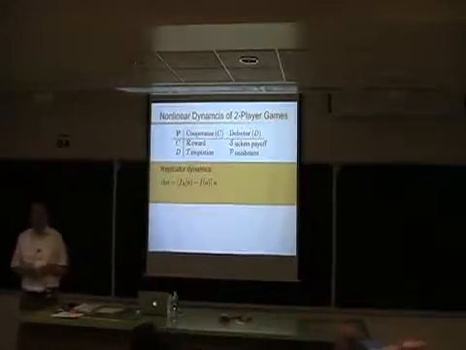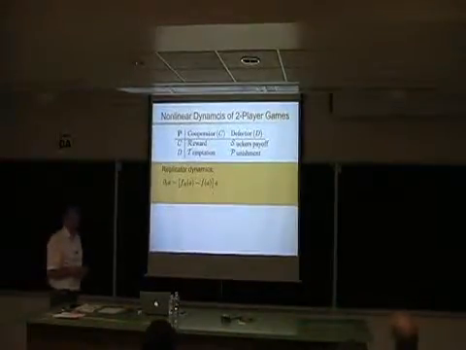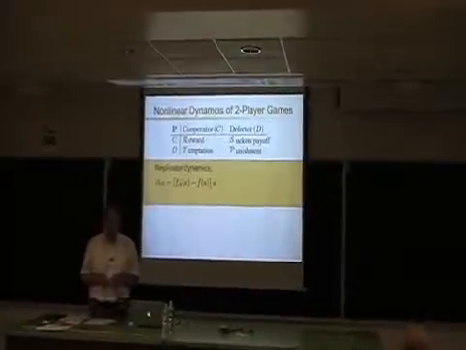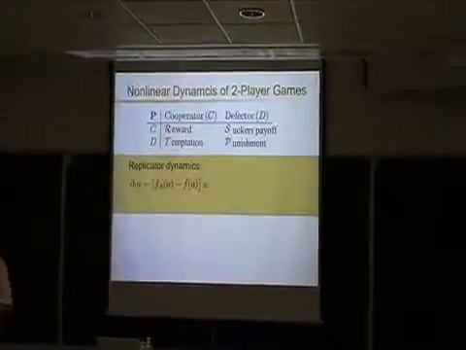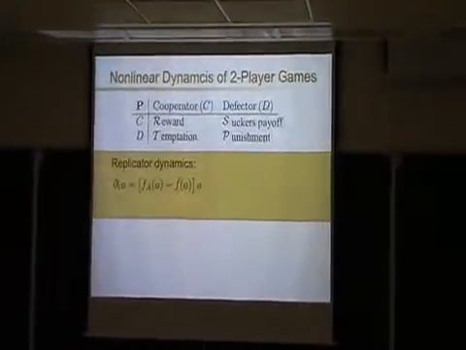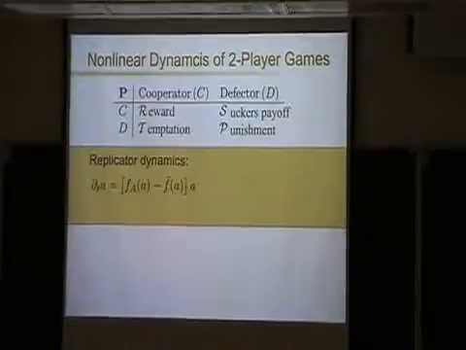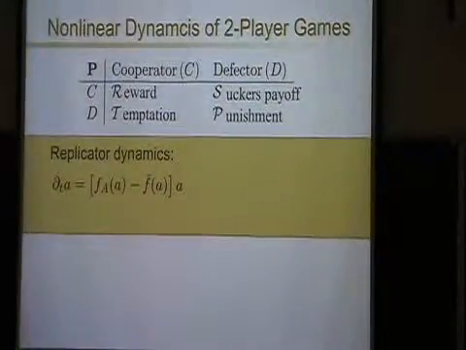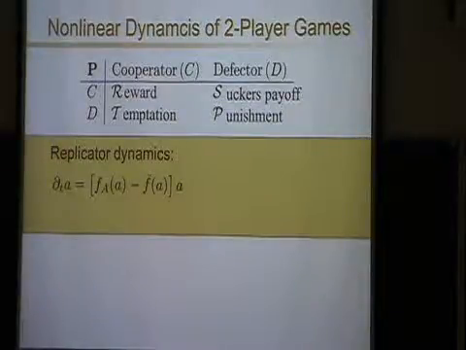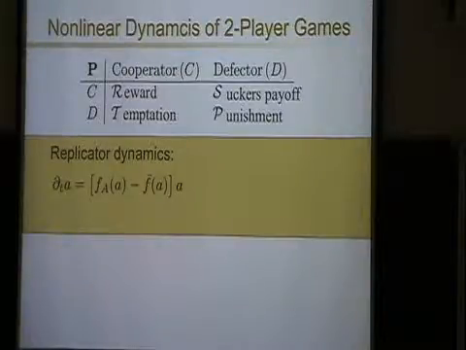So welcome back to my lecture. I'll continue where I stopped yesterday. That was on two-player games in this general setting where if you have cooperation, you get a reward. If you both defect, you get punished. And if you defect and the other one cooperates, you are tempted and you gain a temptation payoff, and otherwise you get a payoff. We already said that you can reformulate this game also in terms of so-called replicator equations, which